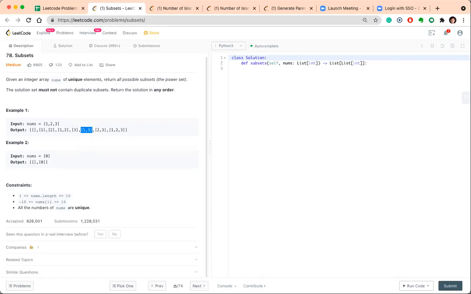Yeah, they have explicitly said here the set must not contain duplicate subsets. Whenever it comes to a set as a mathematical entity, sets are orderless. So if it is 1, 3 or 3, 1, both are the same. A set is just a collection of unique elements.